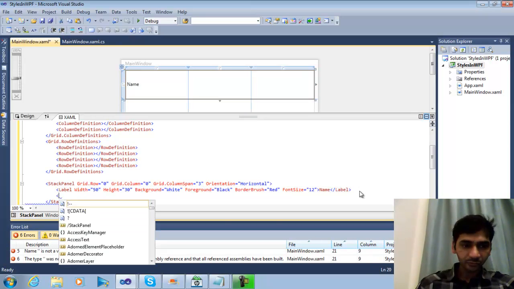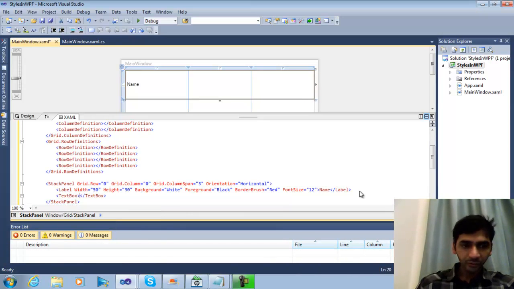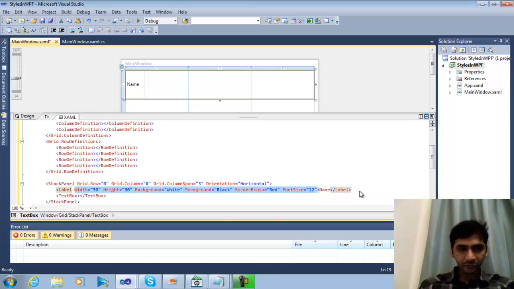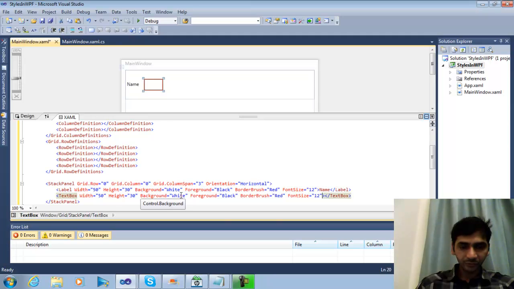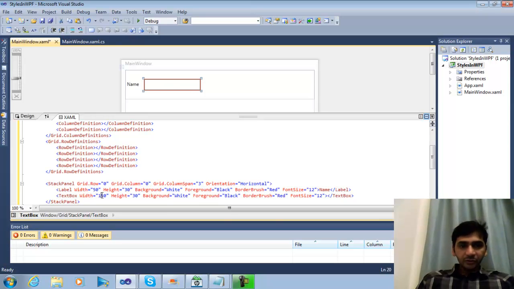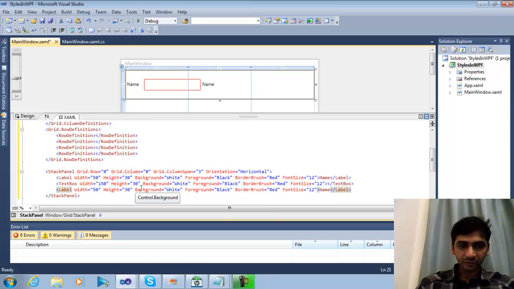Okay, so the next control we put is a text box, so the user can type. Now for the text box, most of these common properties are the same. So what I will do, I will copy and paste all this stuff here, and the only thing I will change is the width, say this is 150. Okay. And then I want to put another label, so I will copy this label, everything is the same, and then I will say select,